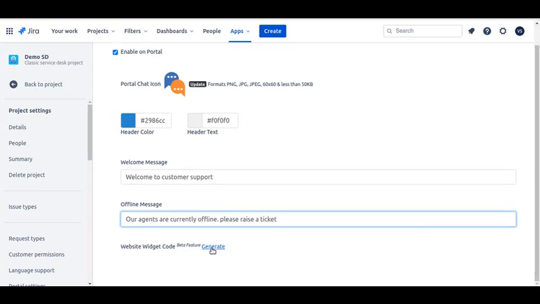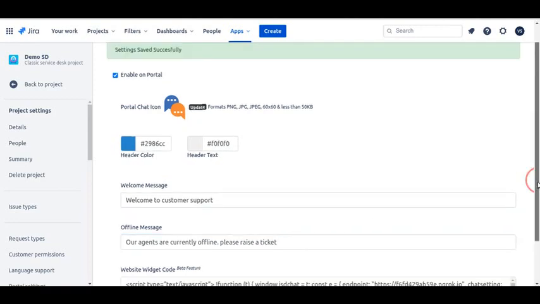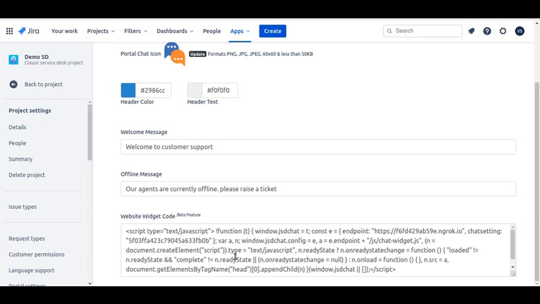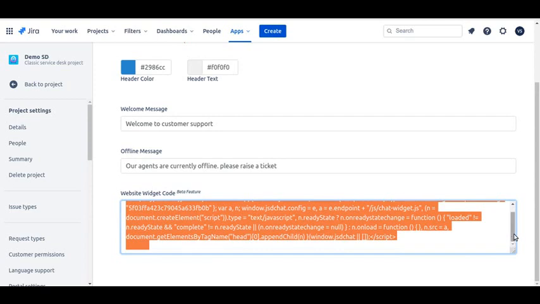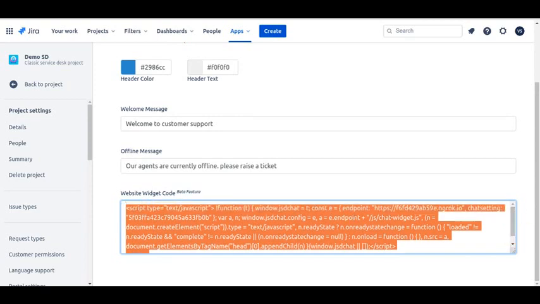It also offers an ability to embed this chat widget on your custom websites or your customer facing website. So you can click on generate, and you should be able to generate a JavaScript code which you can copy and paste into the body of any of your custom websites, whether you're using WordPress, an HTML-based static website, or any content management system. You can simply take this and paste that, and then it will be available on your website.